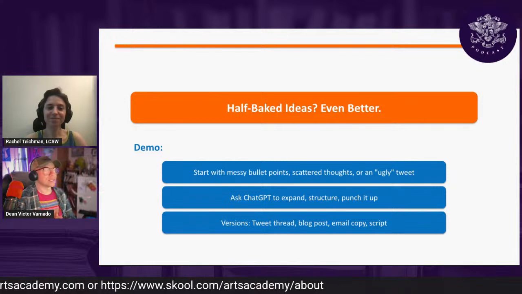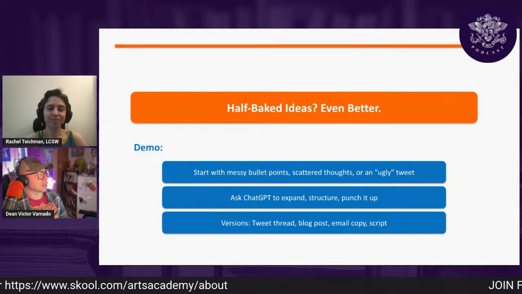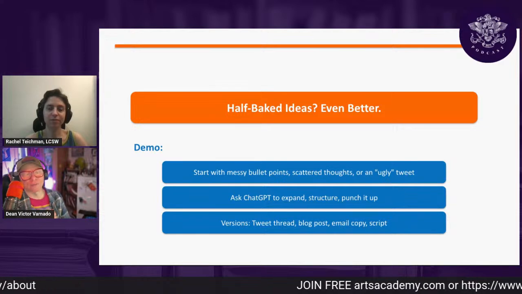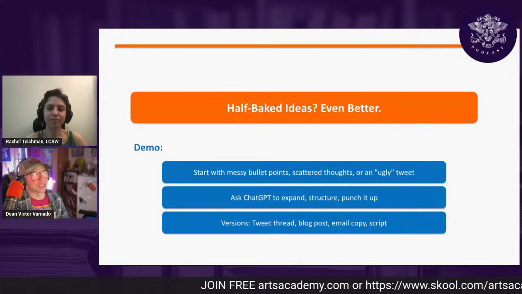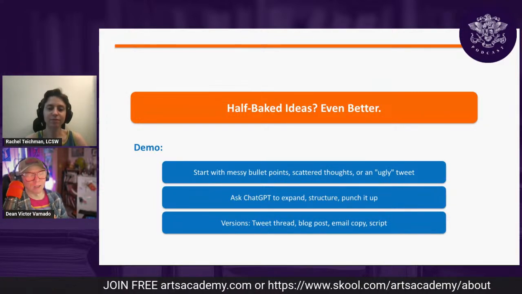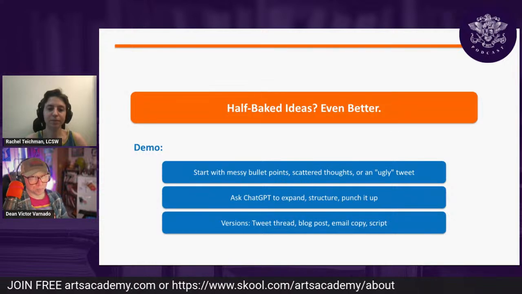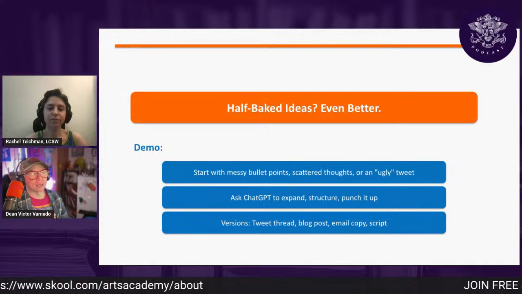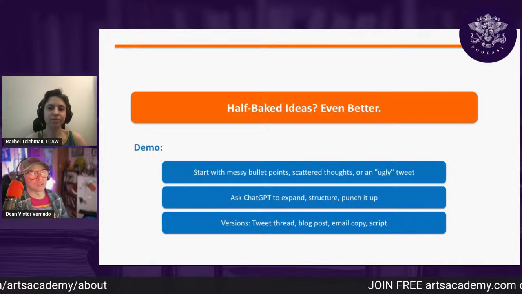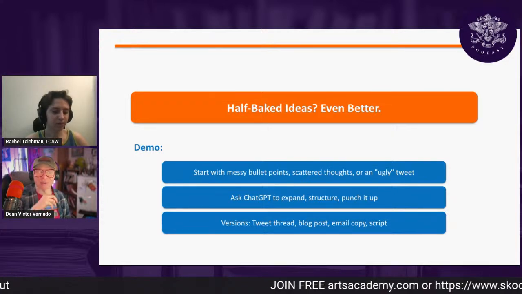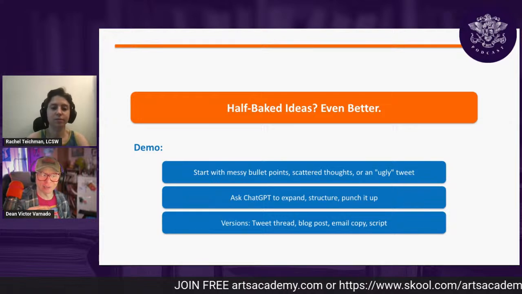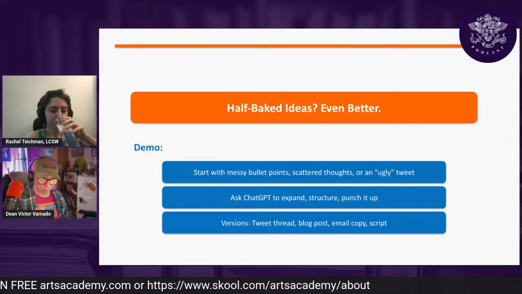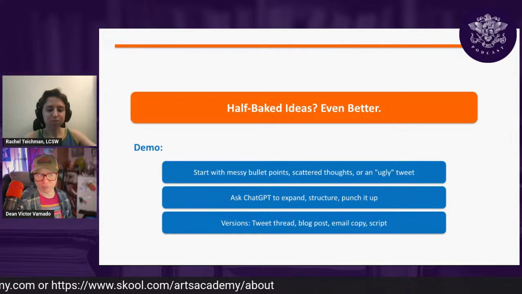All right. This is one of my favorite things. Oh, I forgot to put at the top of these what each section was. This is about writing. Writing is one of my favorite things to do with AI. I'll tell you why. As a writer, I'm always starting with a half baked idea, and then I'm trying to develop that idea into something at least halfway decent. Then I'm trying to polish it into something presentable and put it out into the world.